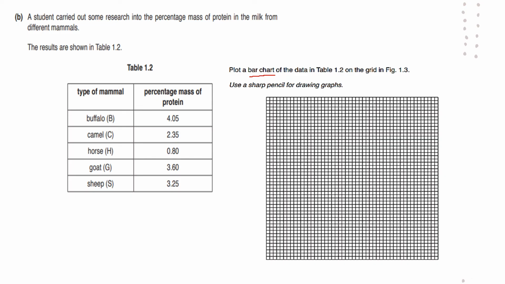So in this case, what you will get marks for is labeling the axis first of all. Do not assume that because CIE has provided you with a table that they should sort of intuitively know what you're trying to represent. Make sure you label your axis very carefully. For example, in this case, because the numerical values here are only one thing, then we have to put those on the y-axis. That's an easy way for you to remember it if you're dealing with something like this. And on the x-axis, you then put the different types of animals, such as the buffalo, the camel,